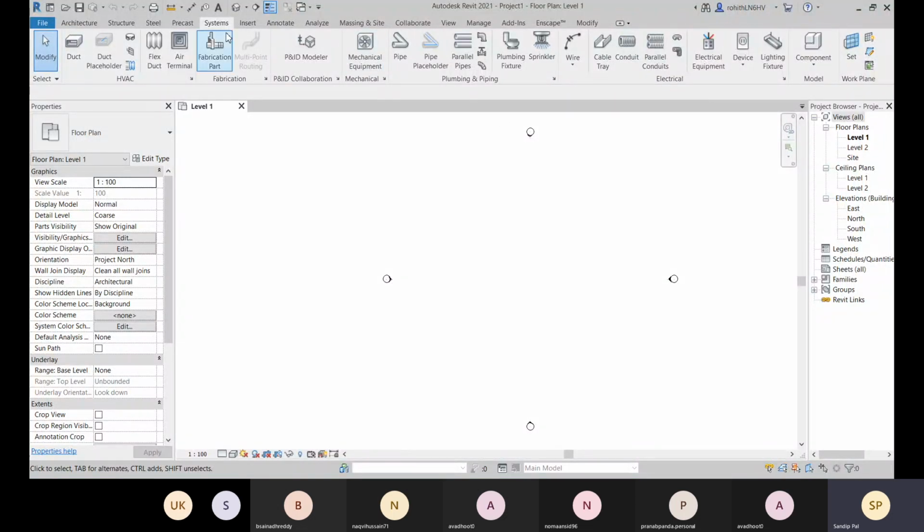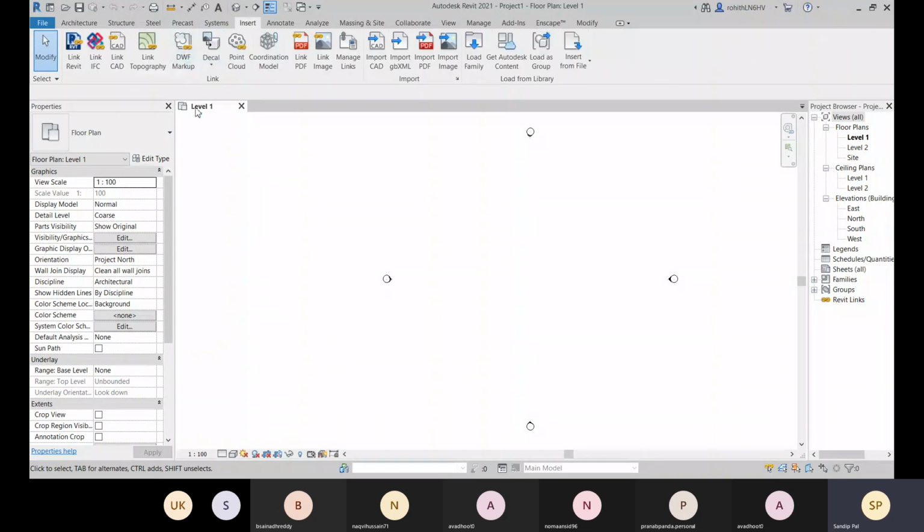And we have Insert, to import other external files like PDF, image, CAD files, and point cloud.